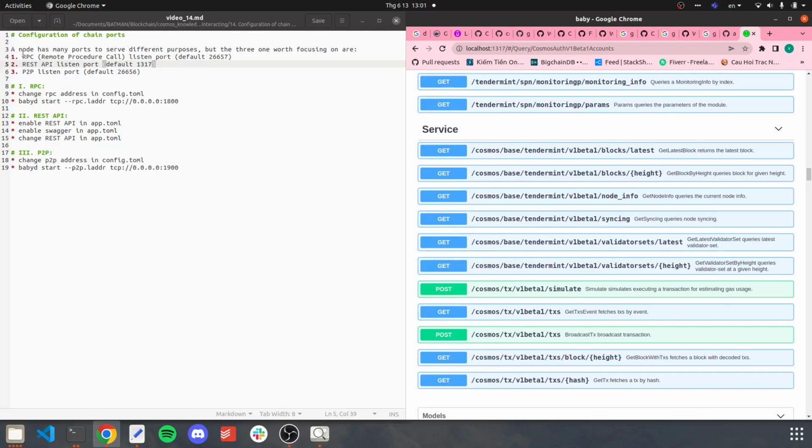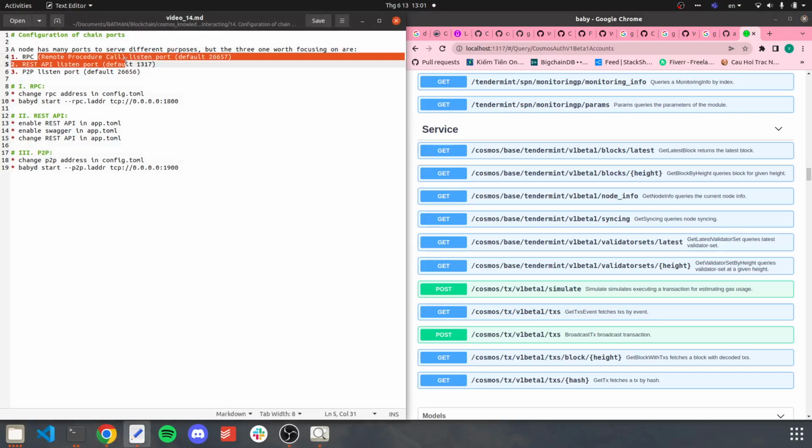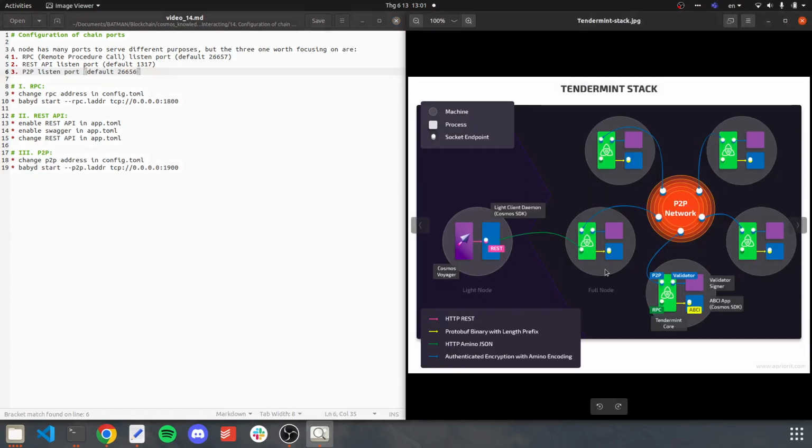So in summary, RPC is a way to interact with a node, remote procedure call, and the second way to interact with a node is through REST API. And for the third one, the P2P listen port, if you look at this picture here,